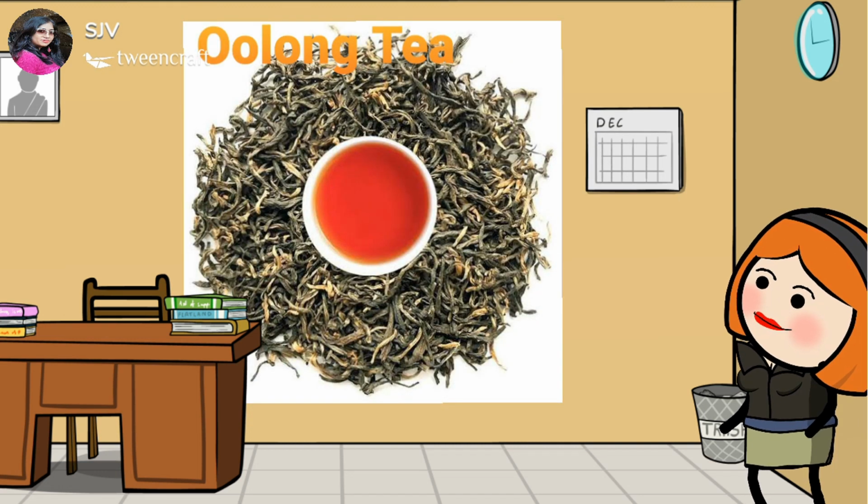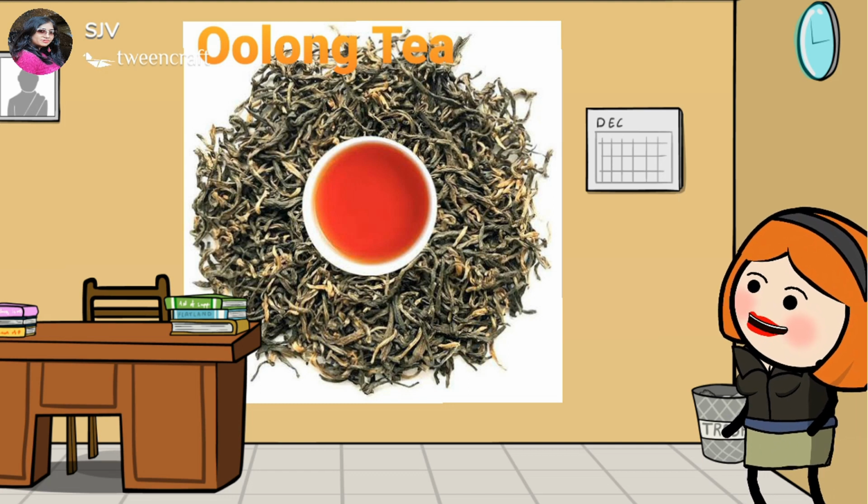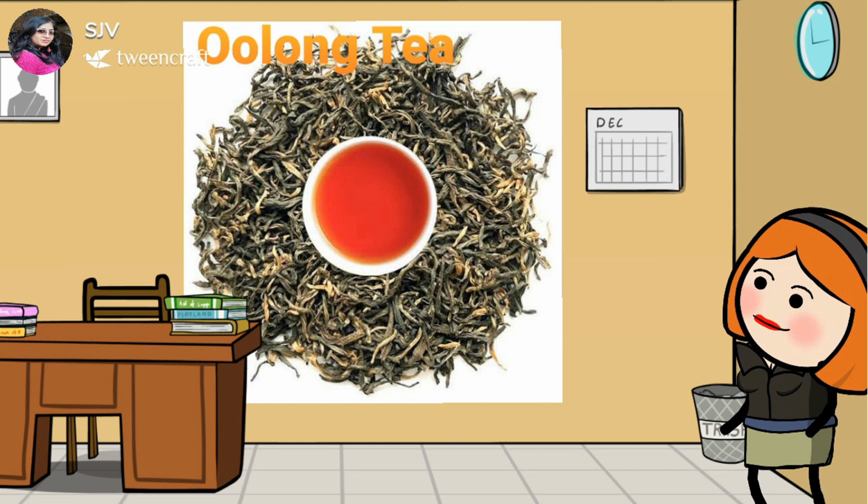Oolong tea is in between black tea and green tea. Green tea is unfermented, whereas black tea is fermented. So the leaves of the oolong tea are made from partially oxidized leaves. The leaves here are wilted